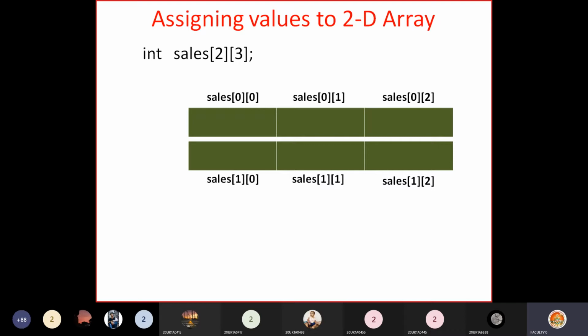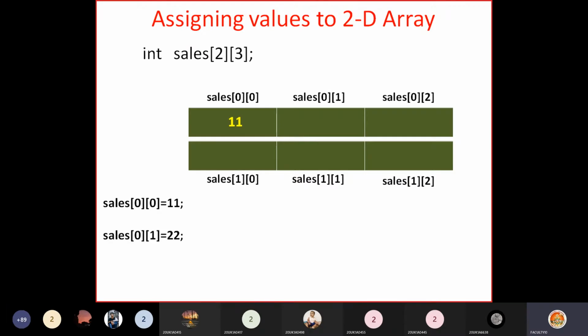Okay, so now if we want to store values into this two-dimensional array, when you declare the two-dimensional array in this form, then initially garbage values will be present in it. Now if we want to assign, you can assign using an assignment operator. Sales of 0 0, if you say 11, then 11 will be stored in the location sales of 0 0.